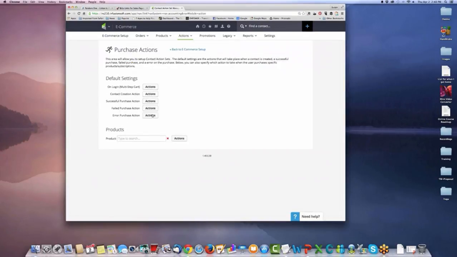And then, like I said, you have all of these actions. Now, each one of these is going to have a default action set. You don't want to remove those. Now, you can also do this by product. So let's say somebody buys a membership program with you, you can have a specific action set